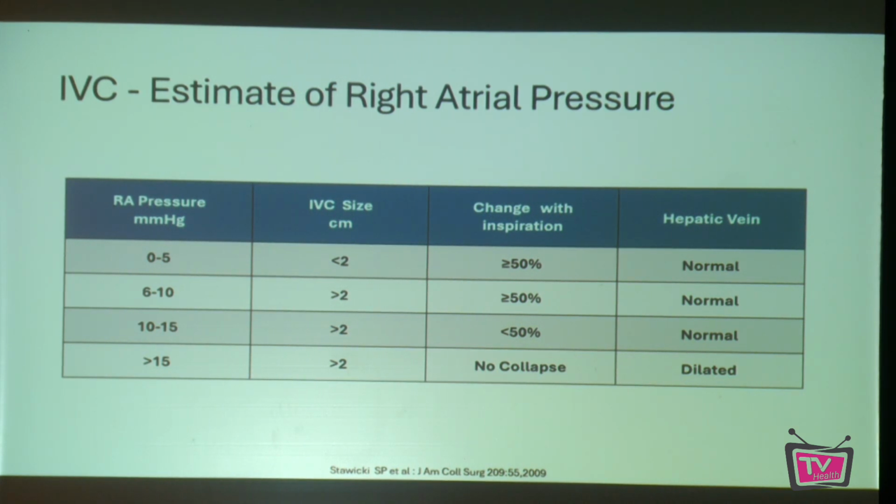Okay, so if you see the two extremes I will talk about: if the inferior vena cava size is less than 2 centimeters and it is almost kissing each other, both the walls, and the hepatic veins are not seen, that means the right atrial pressure is between 0 to 5. At the other extreme, if you see hepatic veins clearly, it is a fat IVC, more than 2 centimeters, with no respiratory variability. That means the patient is overloaded, with the right atrial pressure more than 15, right?